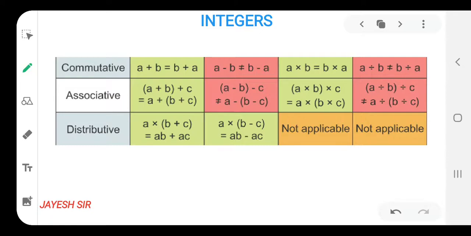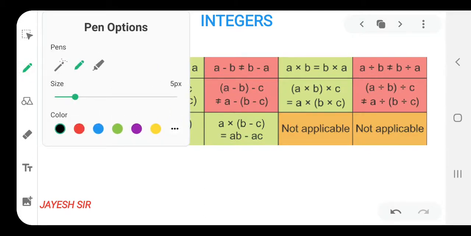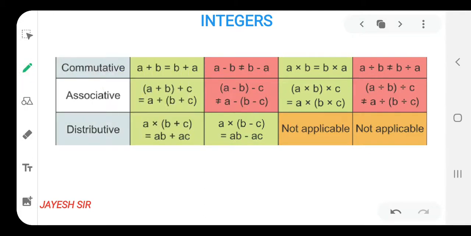Now I have seen a lot of students having problems remembering the properties by heart, but I will make you remember them very easily. How can we learn the properties easily, and how are we supposed to relate them? Friends, first, the commutative property: we should relate it with communication.